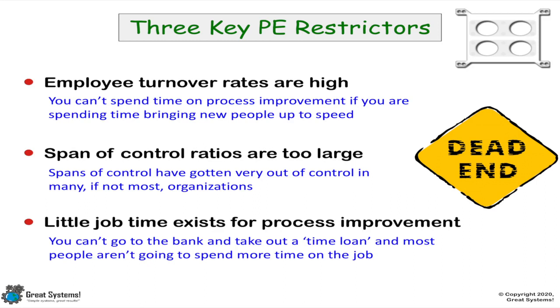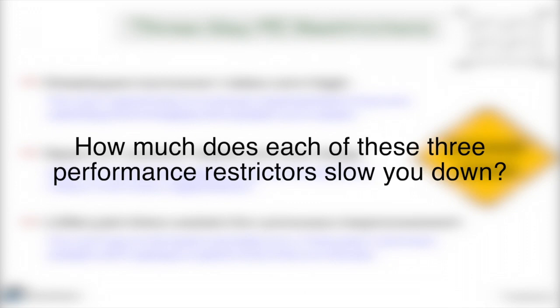Earlier in the workbook, we looked at 7 common lean conversion barriers. The above 3 performance restrictors affect organizational results daily, even when lean or other forms of process improvement are not being pursued. If you fail to address these three factors first, it will be very difficult to gain significant momentum with your lean improvement efforts. It all boils down to time availability.